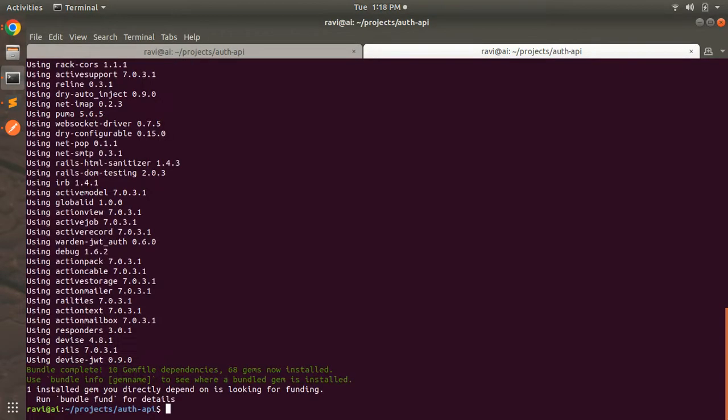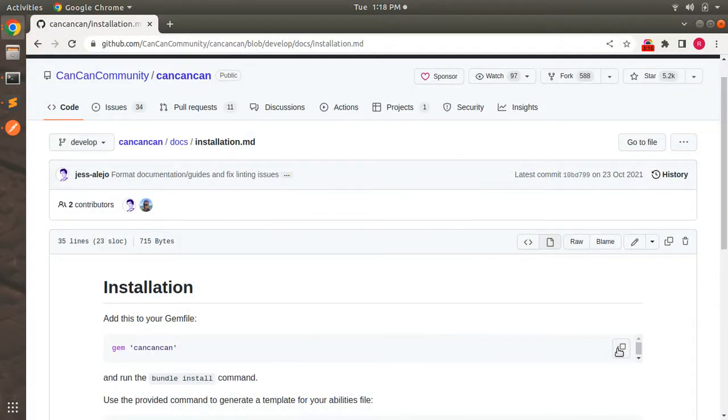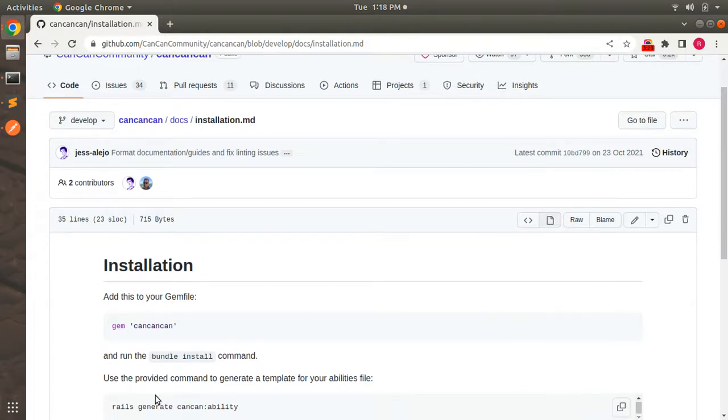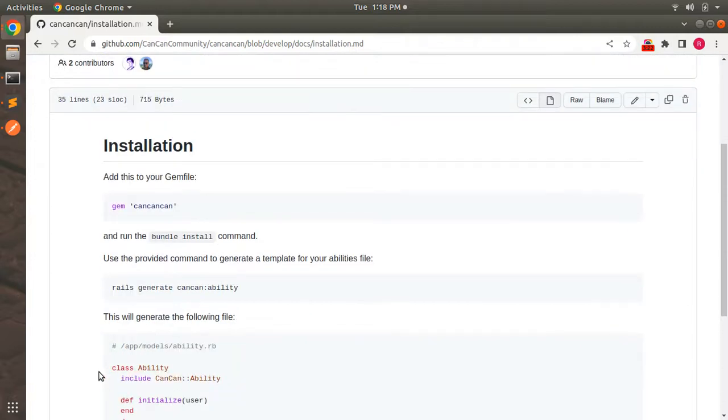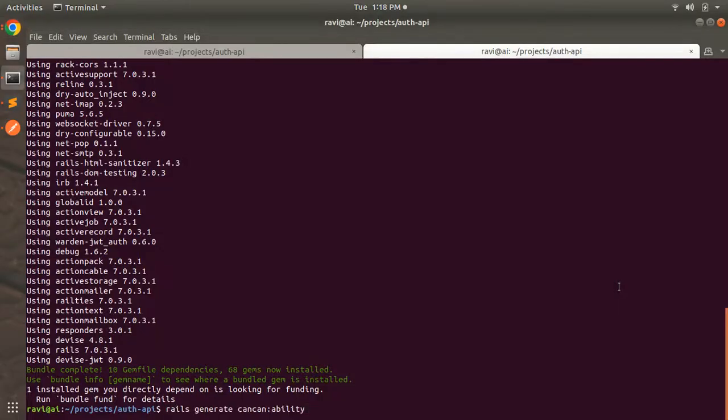Once the bundle has been installed, switch to the browser again. Here you can see to use the provided command to generate the template for your abilities file. So we need to generate the Ability class as well. This is the file where we manage the permissions for all user roles. Just copy this line and paste it into the terminal,